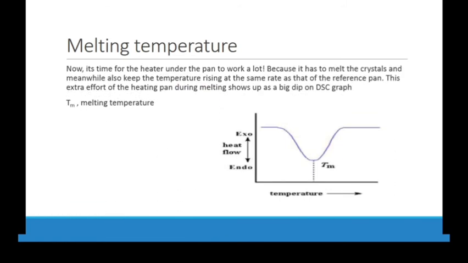Now it's time for the heater under the pan to work a lot, because it has to melt the crystal and meanwhile also keep the temperature rising at the same rate as that of the reference pan. This extra effort of the heating pan during melting shows up as a big dip on the DSC curve. Because it is endothermic, we show it downward, because the surrounding temperature is decreased and the heat flow also shows downward. Okay, because it is absorbing heat and the temperature will not rise again